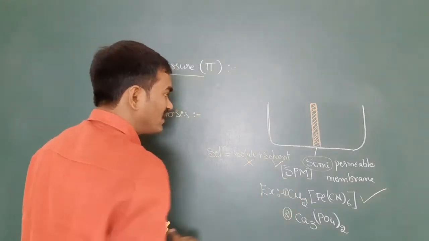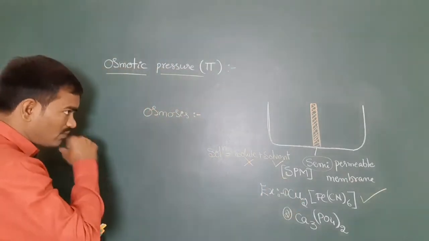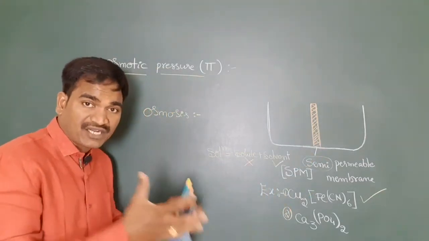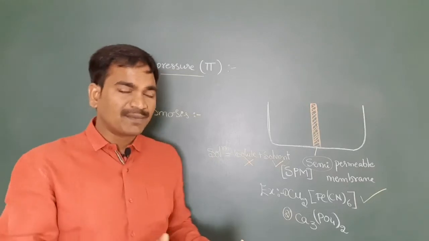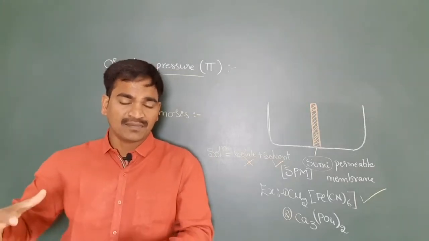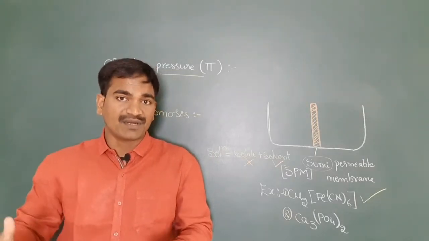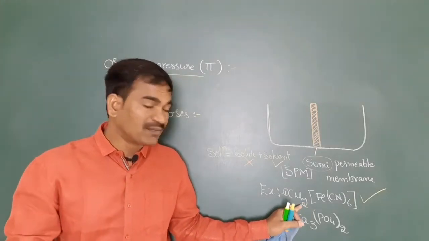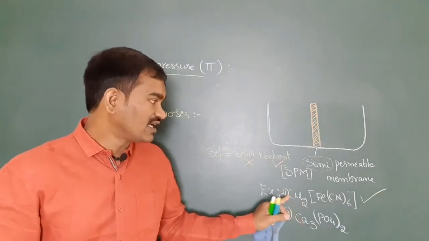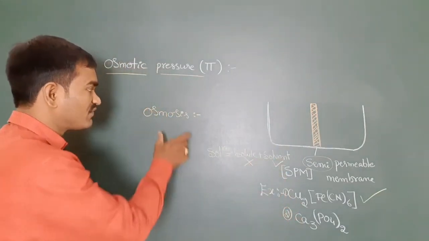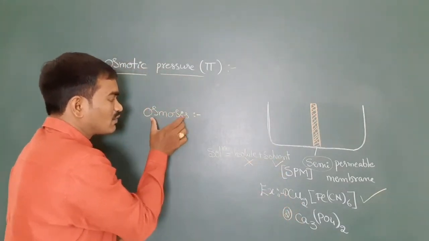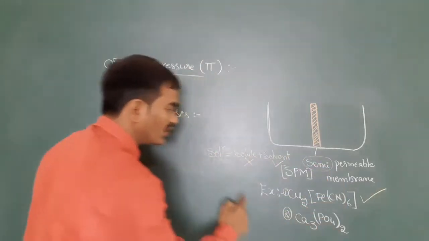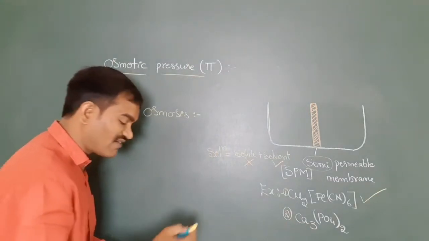So this one will be used as a semi-permeable membrane, because it can bear the high pressure. Normal semi-permeable membranes can't bear the high pressure, but this can. That's why most of the experiments use this. Is it clear? So up to here, okay. If you want to observe this, we need to use a semi-permeable membrane. The total story belongs to the semi-permeable membrane we have discussed.